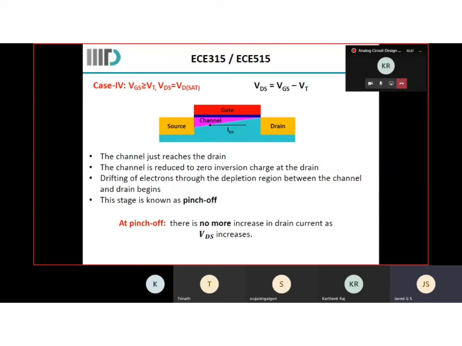So when does pinch off occur in this particular case? I also have an answer where there is pinch off, but how does pinch off come into picture? It's a common interview question which is asked in analog circuit design. So when does pinch off occur? The answer is already there. I just want one of the four of you to tell me when and how you induce a pinch off.